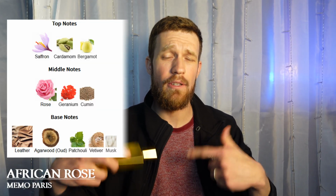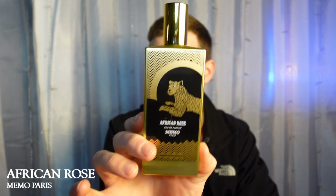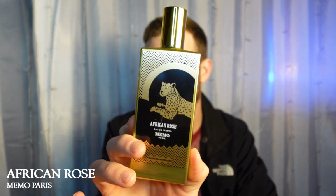The leather gets toned back a little bit, the cardamom and aromatics get toned back a little bit, and the rose comes to the forefront of the DNA, and I think adds a little bit more dimensionality to the overall composition, as the African Leather can be a little bit linear and overpowering to some degree, but this one with that rose adds a softness to the somewhat almost camphorous